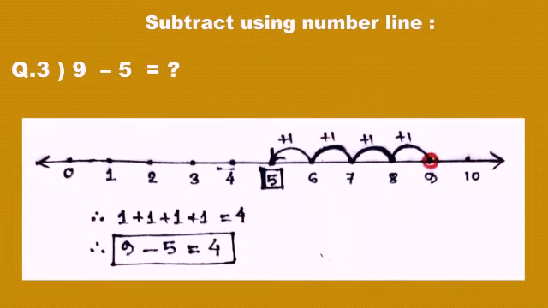Now, let's start our third question. Just look at the question. We have to subtract 5 from 9. So, the smallest one is 5 here. First of all, we need to draw the line. Then, we have to give the arrow in both sides. Then, we have to dot, means we have to mark the numbers, place the numbers.